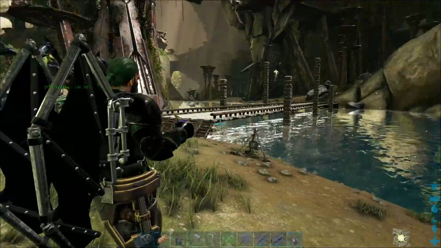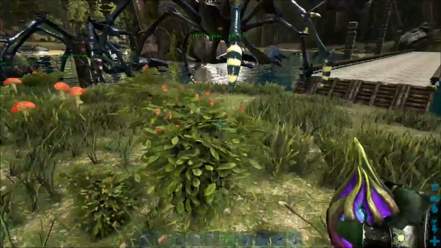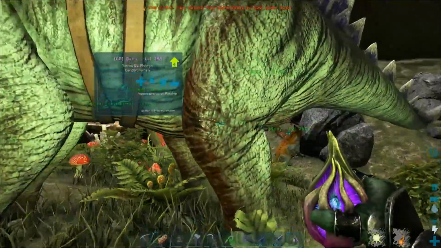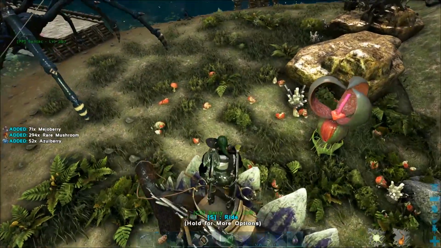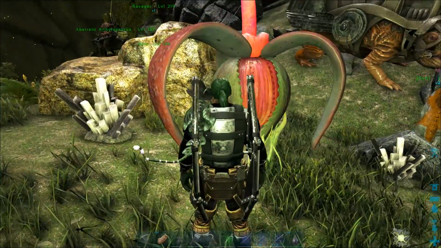All right, now how you get these fruits is you have to come over to one of these plants right here. All right, let me harvest this stuff out of the way so we're not going to have to blast puke while we're doing this. All right, get rid of all those. All right, so now we come over here, put this away, and then